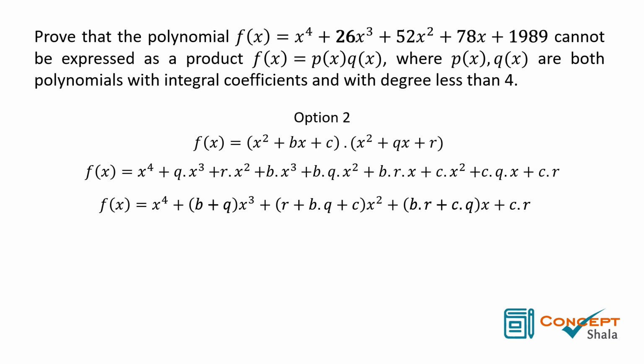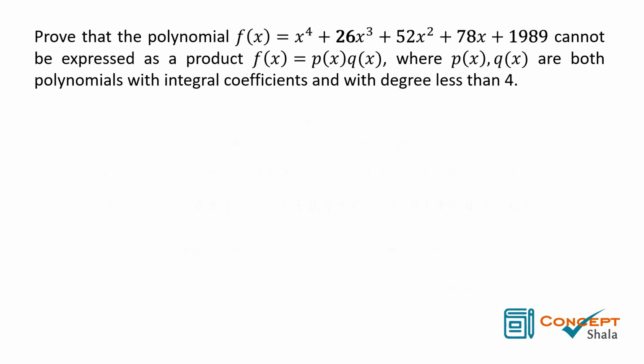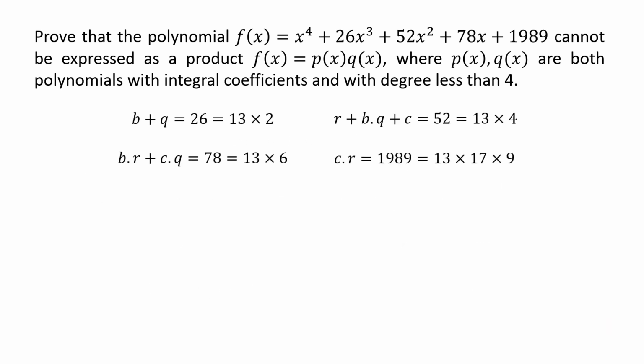On comparing the coefficients of x cube, we get b plus q is 26. Similarly, comparing the coefficients of x square, we get r plus b times q plus c is 52. Comparing the coefficients of x, we get b times r plus c times q is 78. And doing the same for the constants, we get c times r is 1989. In order to analyze these relationships, we will again break our analysis into two cases, where the first case is